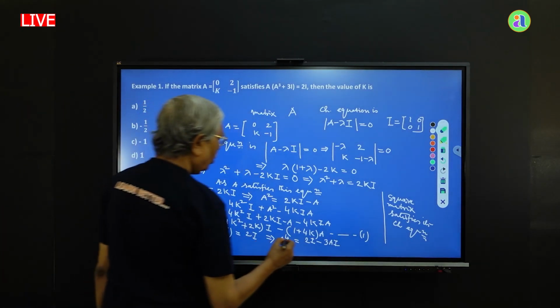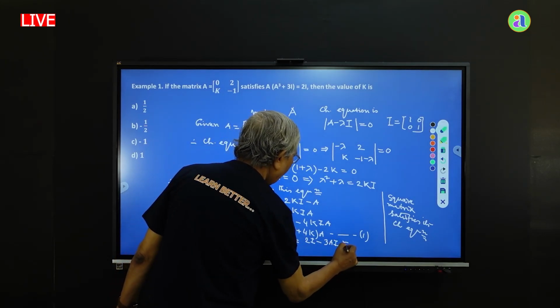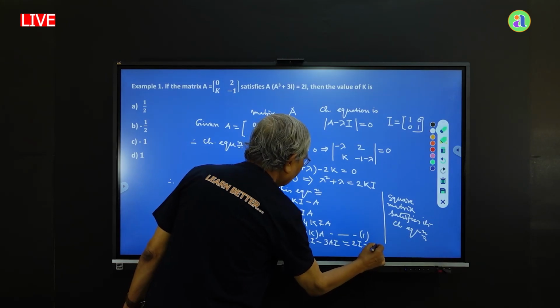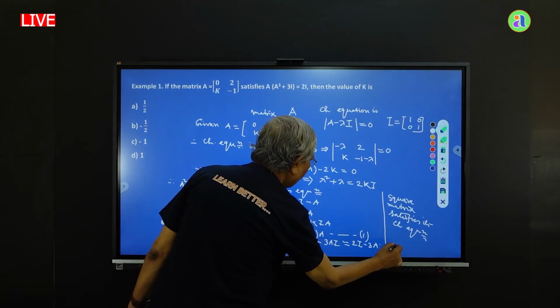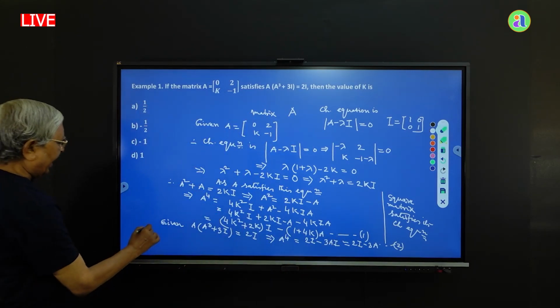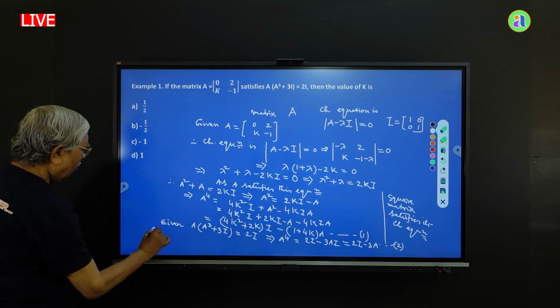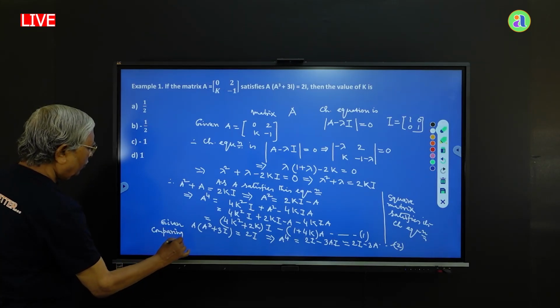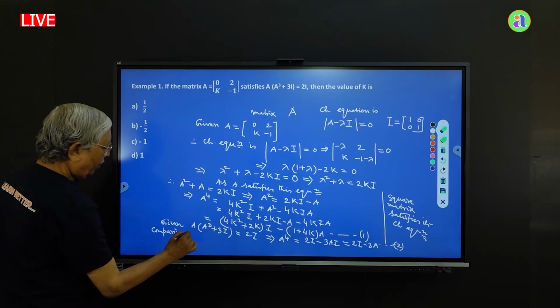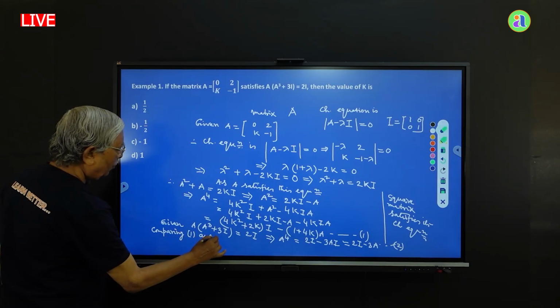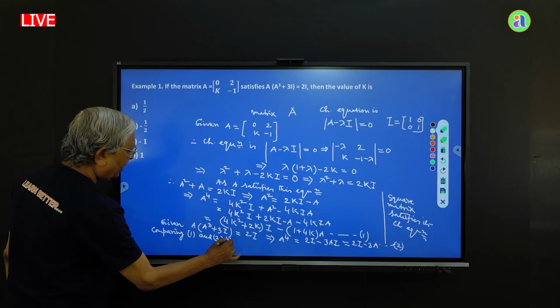That is our 2I minus 3A. This is the equation number 2. So comparing 1 and 2, what do you get? Comparing 1 and 2, we get